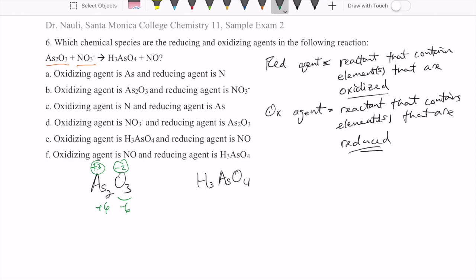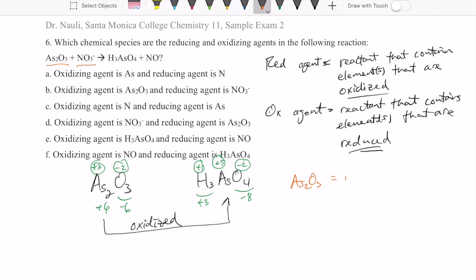So let's work that out again. Remember that hydrogen is +1, oxygen is -2. We've got +3 at the bottom, -8. That tells me that the As has to be +5 to balance that out. So if you look at what happens to As as it goes from +3 to +5, that element has been oxidized. Okay? So if the element has been oxidized, that means that As2O3, which is the reactant, must be our